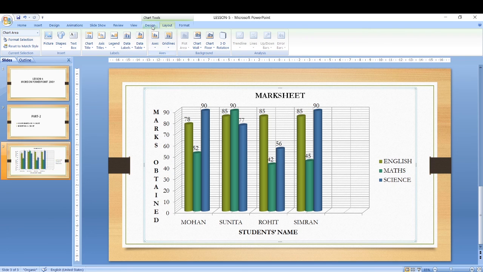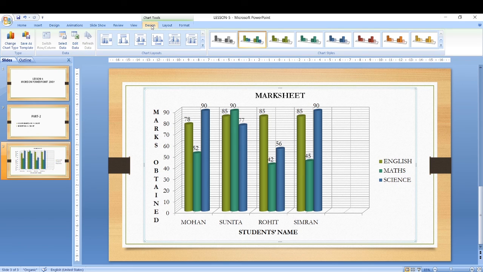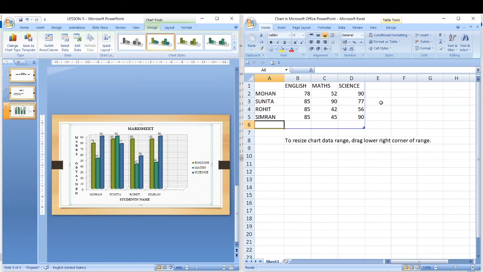Okay. Now, if you want to bring back the datasheet, how will you bring back the datasheet? You have to click on the design tab. So click on the design tab here. Okay. So under the data group, you can see our edit data button here. So click on this edit data button. Okay. So you can see the